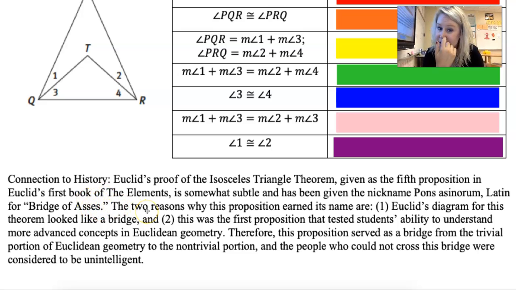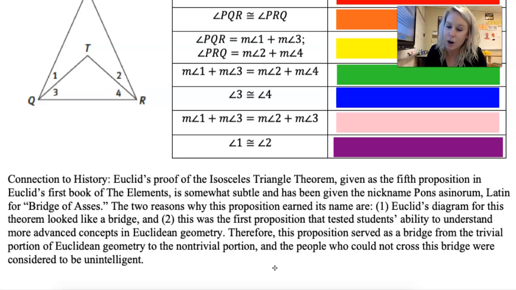Okay, the two reasons why this proposition earned its name are: one, Euclid's diagram for this theorem looks like a bridge. It kind of looks like a drawbridge, going up and going down. Second, this was the first proposition that tested students' ability to understand more advanced concepts in Euclidean geometry. So this proof was to test students' ability to understand advanced mathematics. Therefore, this proposition served as a bridge from the trivial portion of Euclidean geometry to the non-trivial portion, aka